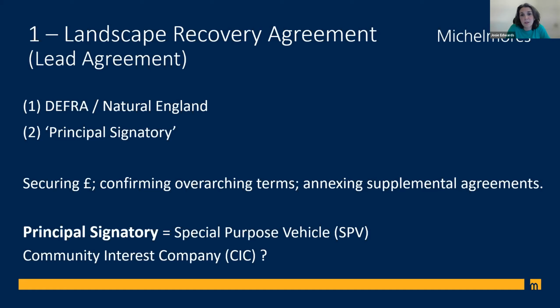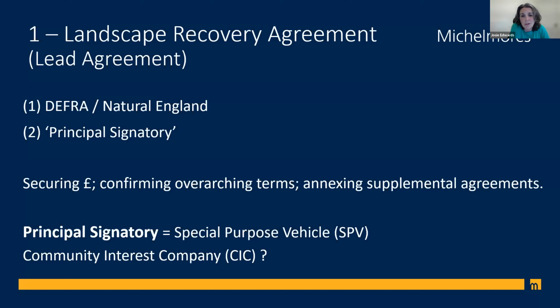And then directorships could be focused on key stakeholders, so those who are willing and able to take on responsibility for the overall administration of the scheme, and they would then have a say at board level. And day-to-day management responsibility could perhaps be delegated to appointed staff member or members. So just to summarise, we think SPVs offer excellent scope to create a recognisable, trusted, legally sound entity that would manage the funding and the liabilities that flow under the scheme, and in that sort of limited liability structure would protect the participants. And the funding is likely to be significant.